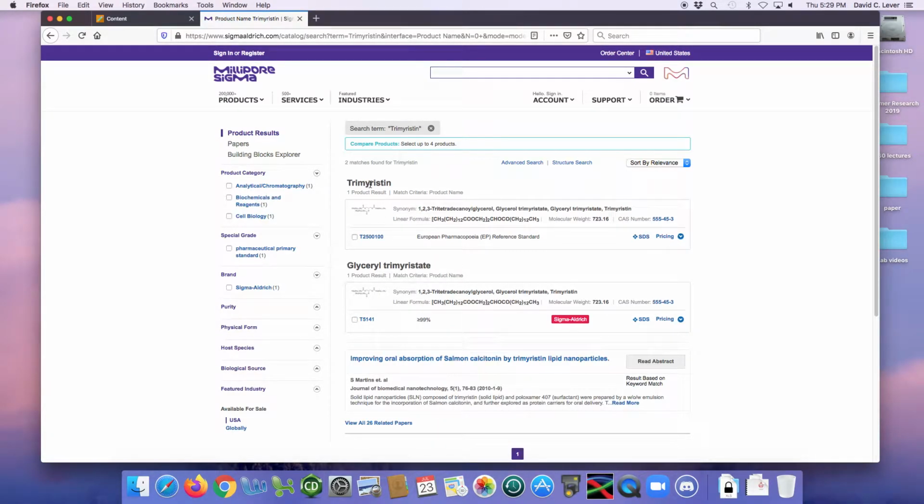And here we have trimyristin from the European Pharmacopoeia Reference Standard. That's probably not what I want. And here's glyceryl trimyristate, which is greater than 99%. And it has a CAS number here of 555-45-3. So we're going to go ahead and click this glyceryl trimyristate